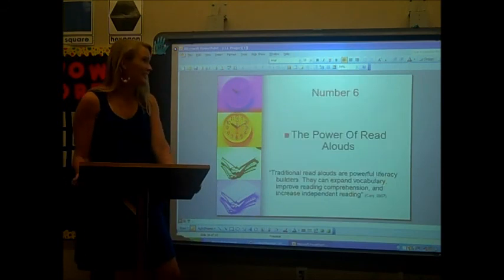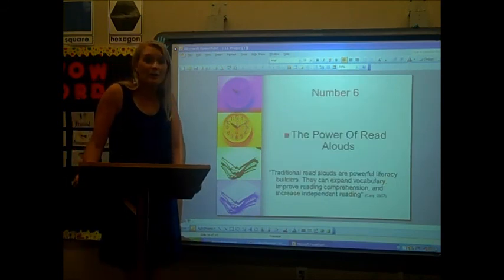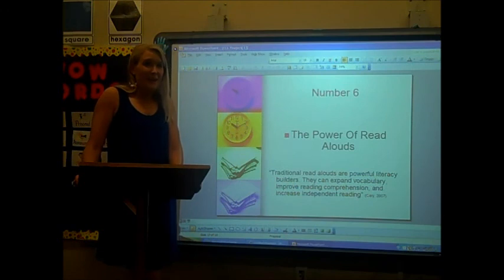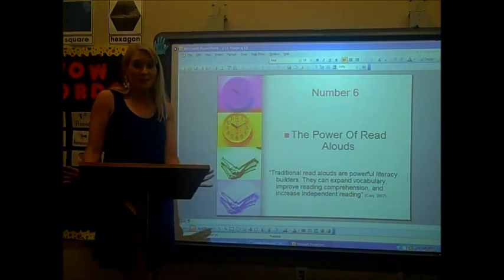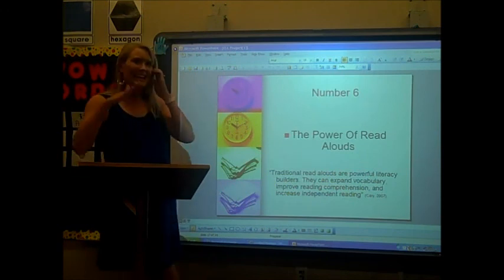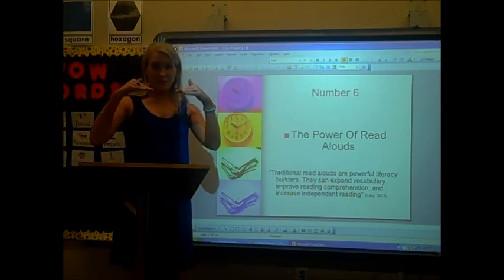Tip number 6, the power of read-alouds. And my upper grades, please don't tune me out, because read-alouds can and are effective for your kids too, even in high school. Even though I know we only stop at 5th grade here, 5th grade